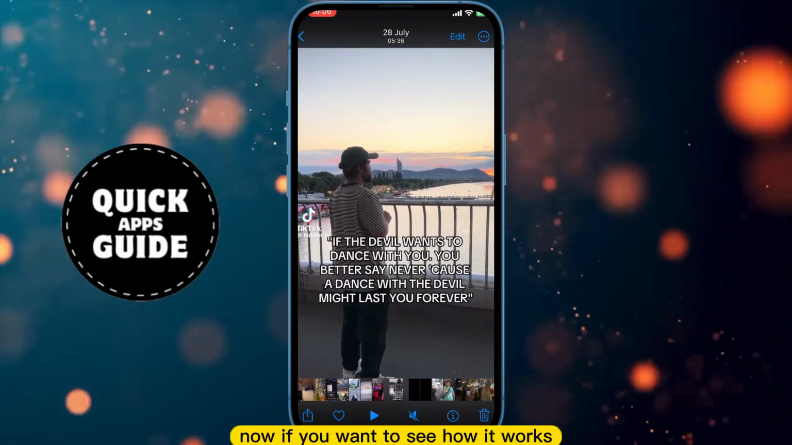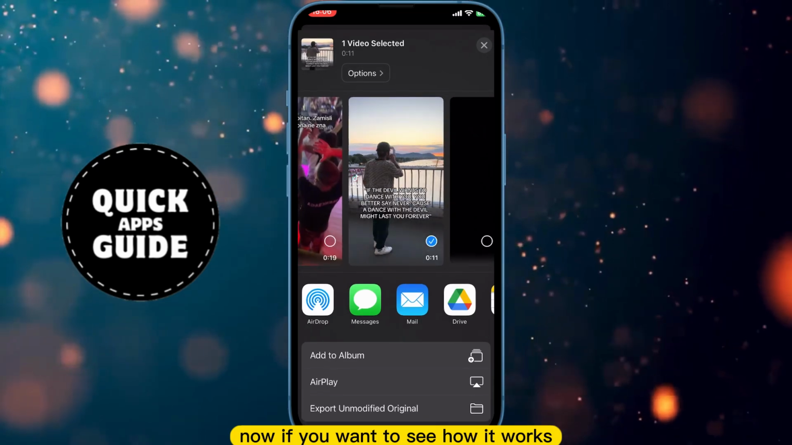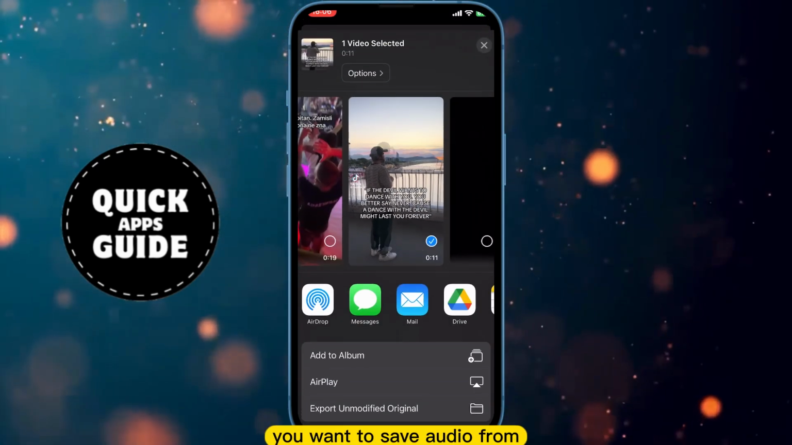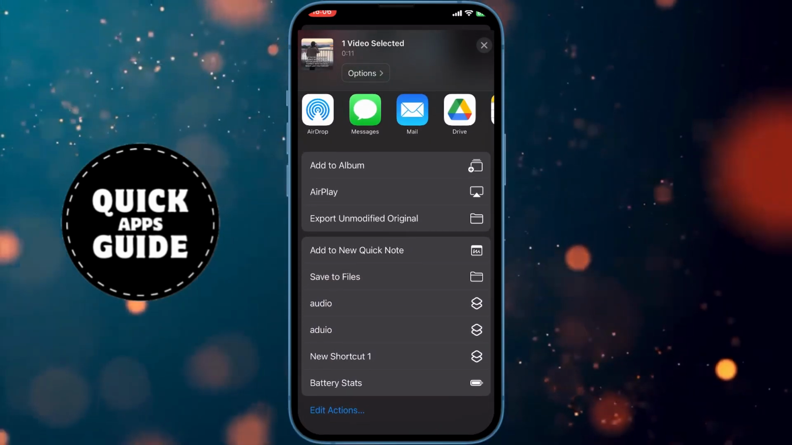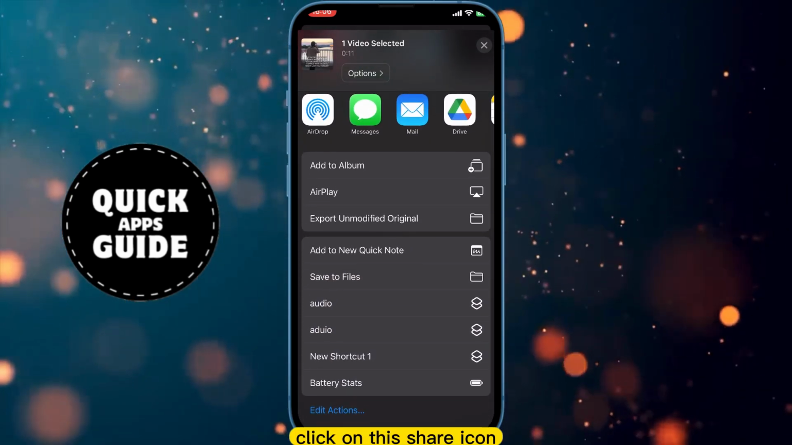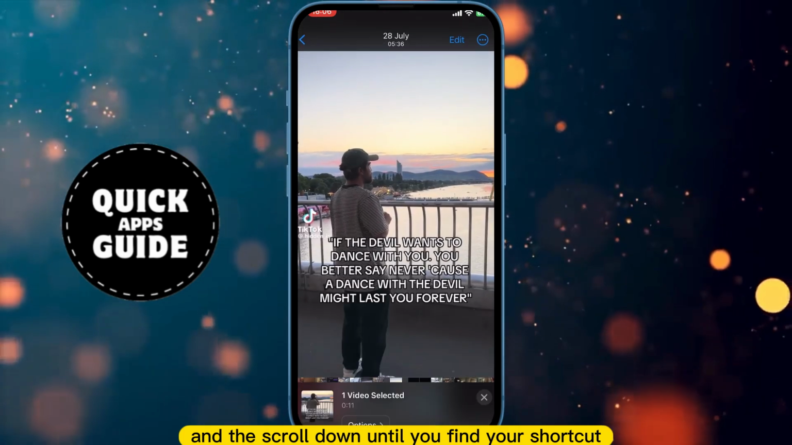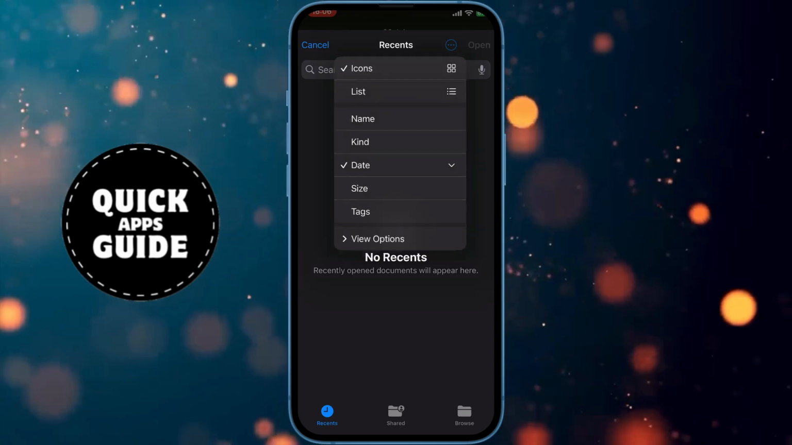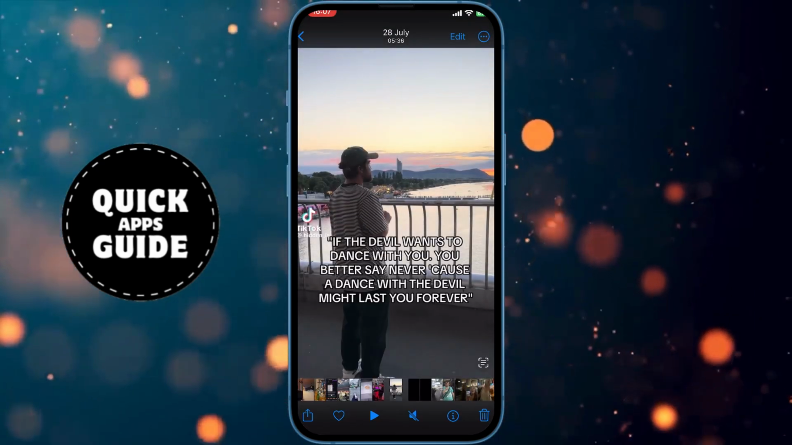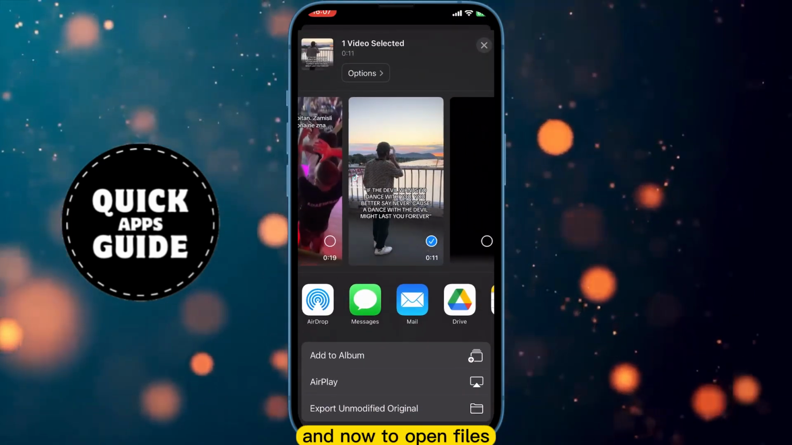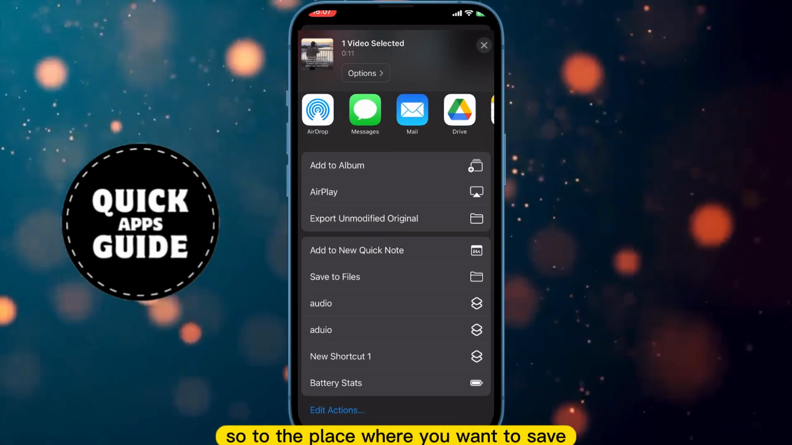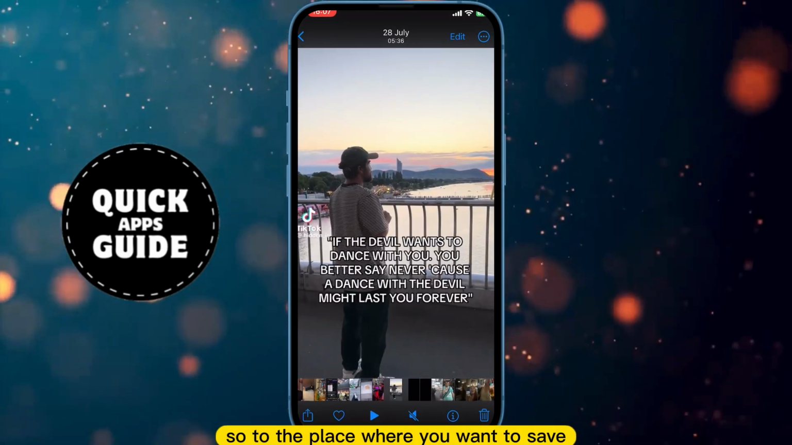Now if you want to see how it works, go to photos and select some random video you want to save audio from. Click on this share icon and just scroll down until you find your shortcut. Mine is here, and now it will open files and ask you where you want to save this file. So choose the place where you want to save,